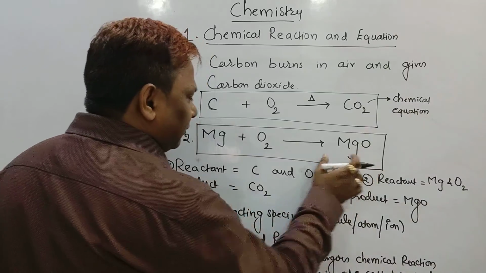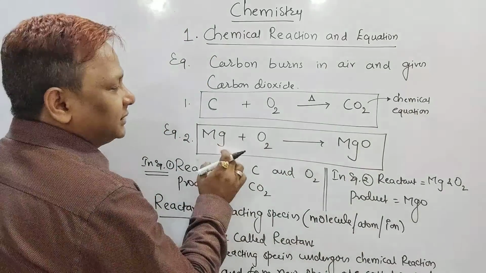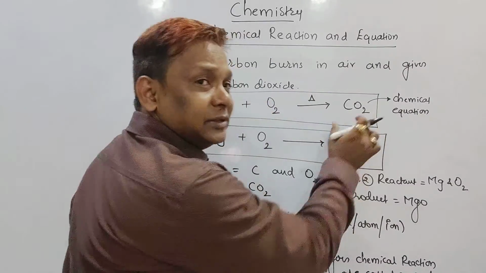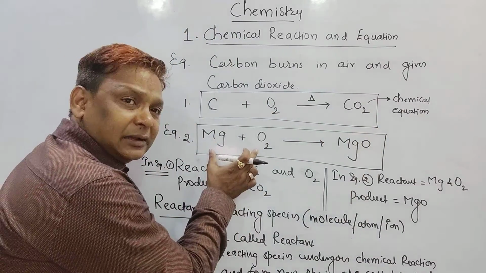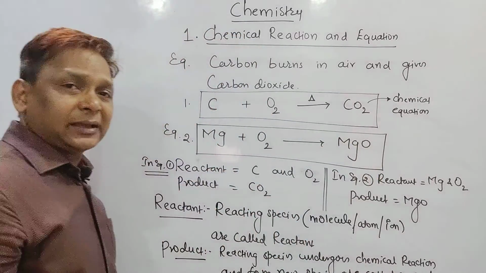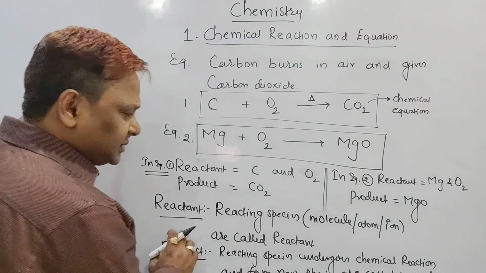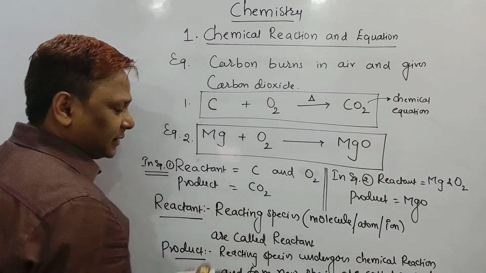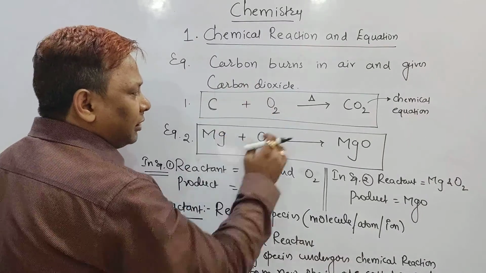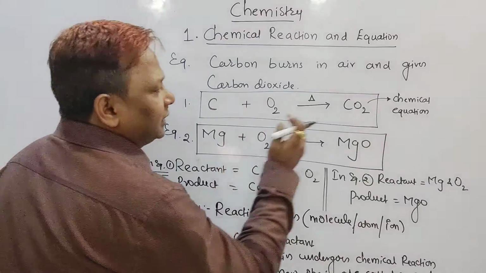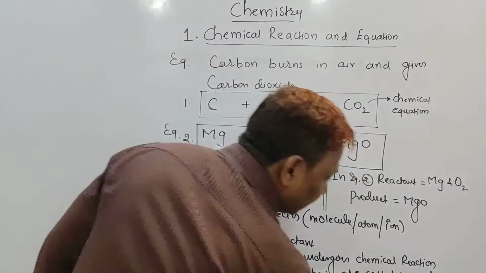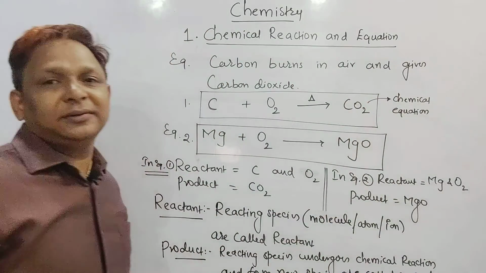But a product is formed due to the reaction between reacting species. If any reaction occurs between the reacting species carbon and oxygen, it gives rise to a product. But if any reaction occurs between the reactant species magnesium and oxygen, it will give rise to the product like magnesium oxide. So reactant means reacting species, and when these reacting species undergo any chemical change or chemical reaction, they form some new substances. Those newly formed substances will be called what? Product.